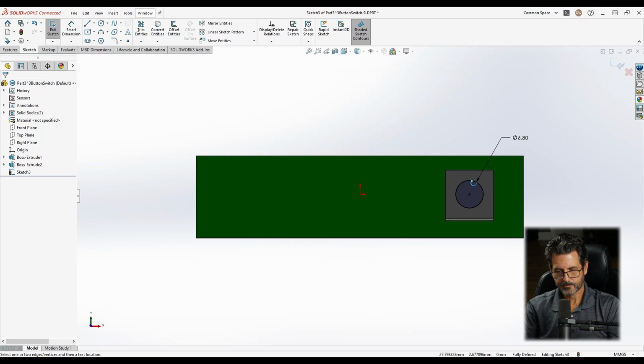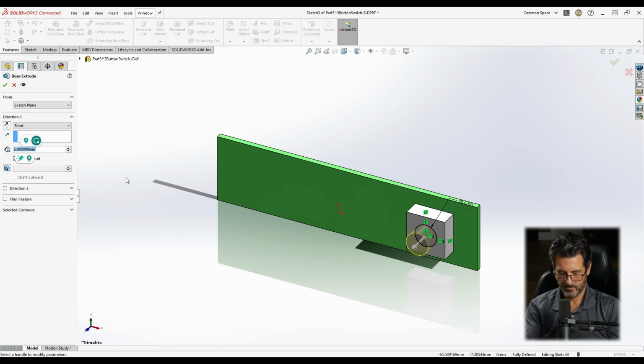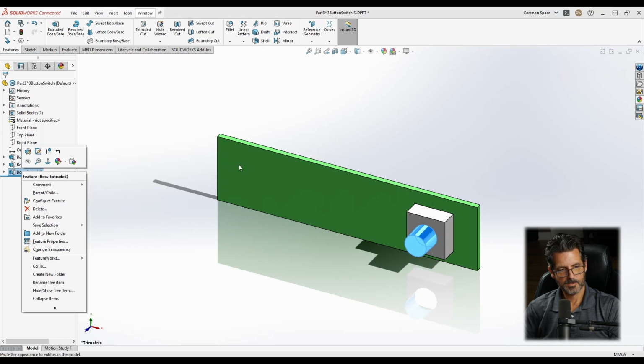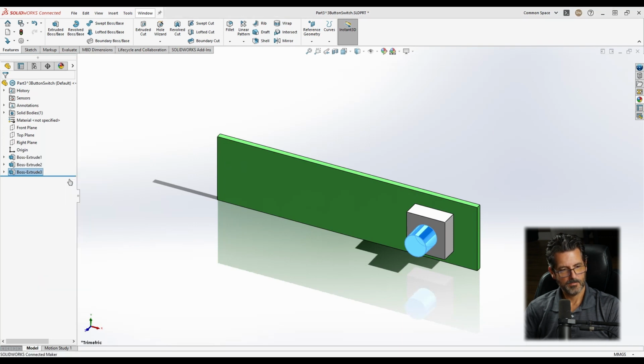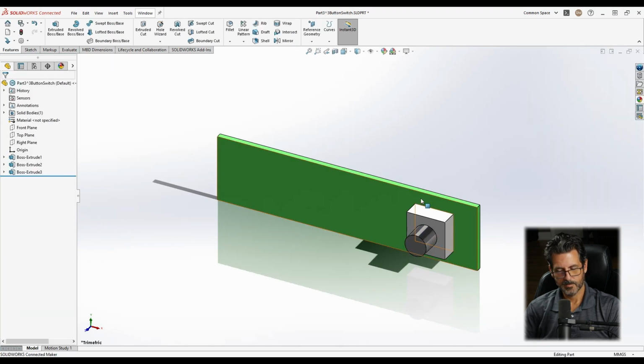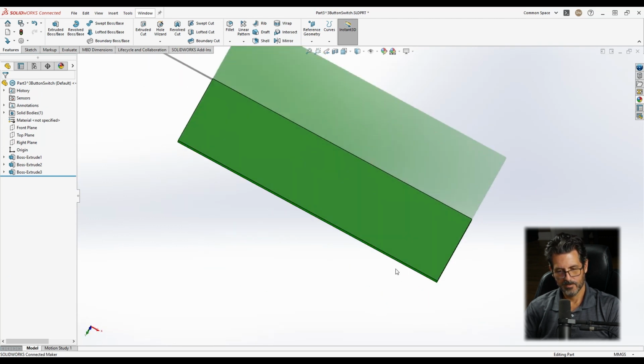Now we will extrude that. And this actual button is 5.8. So we'll just say 6. And we're going to give it a little bit of draft inward. So there we go. And now that portion, I'm just going to make it black-ish. Okay, there's the button. Now from the back side of it, we're going to have the